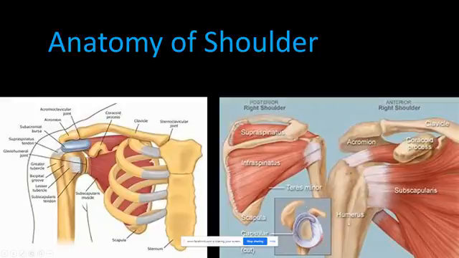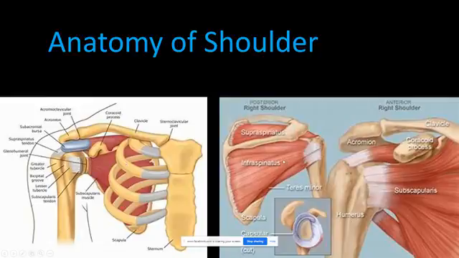Okay, so you can see here. Most of us probably know the humerus is your arm bone. Okay, the head of the humerus, that's the ball of the ball and socket joint. Okay, the shoulder blade or the scapula is the socket portion of the ball and socket joint. The shoulder complex or the shoulder joint attaches to the rest of your body via the clavicle or your collarbone here. Okay. And then we all probably know about the rotator cuff.